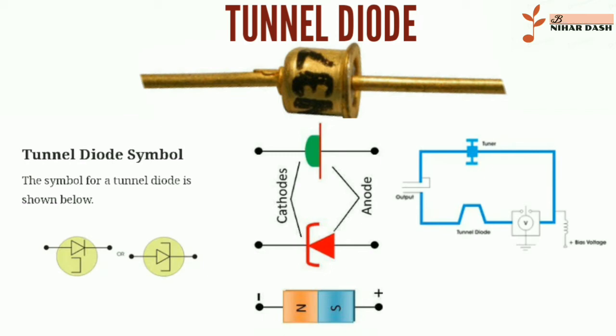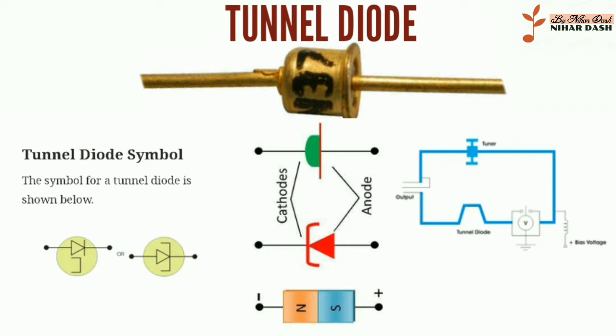When forward bias is applied, the Fermi level of the N side becomes higher than the Fermi level of the P side, thus tunneling of electrons from the N side to the P side takes place. The amount of tunnel current is very large compared to the normal junction current. When the forward bias is increased, the tunnel current increases up to a certain limit. When the band edge of the N side is the same as the Fermi level in the P side, the tunnel current